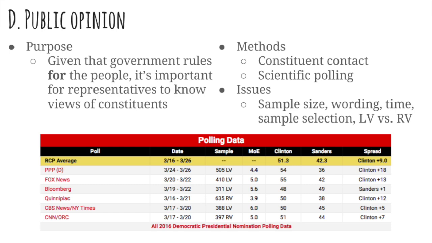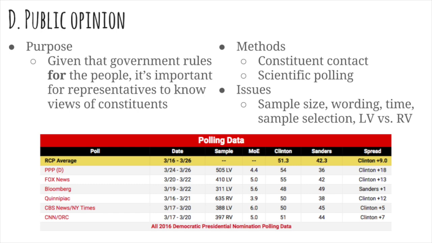Now there's a couple things that we have to be concerned about when we look at public opinion polls. Some public opinion polls are way more reliable than others. First of all, almost all public opinion polls will have a margin of error. It'll say the margin of error might be plus or minus 3 points. That margin of error is something to pay attention to. They're basically telling you we recognize the fact that there might be some things in our data that might cause it to be skewed, so you need to pay attention. If there's a plus or minus 15 on the public opinion polling, it means that there might be some problems with the way the questions were asked or worded. So here are a few issues that can cause public opinion polling to become skewed.